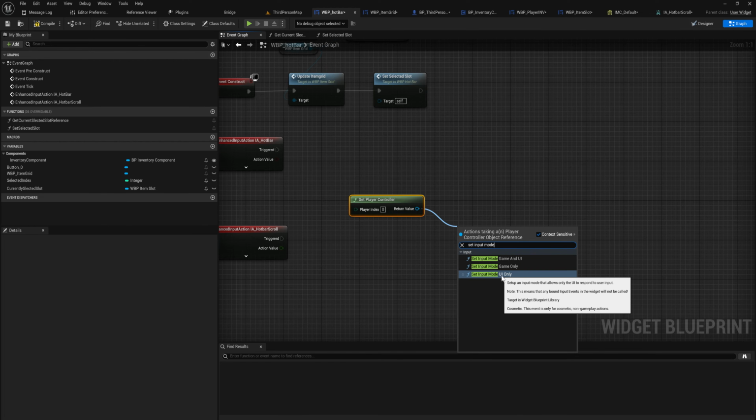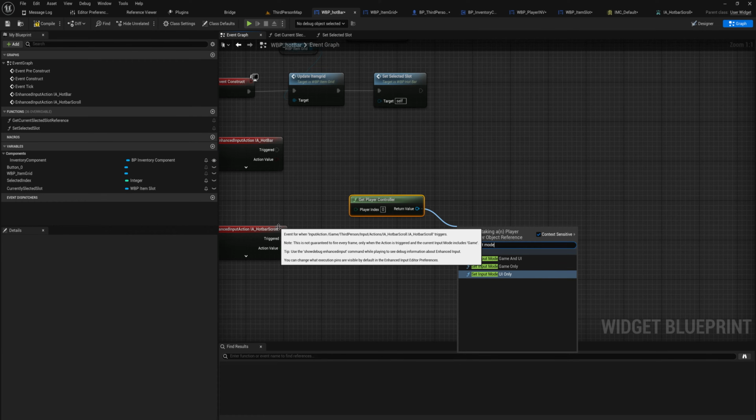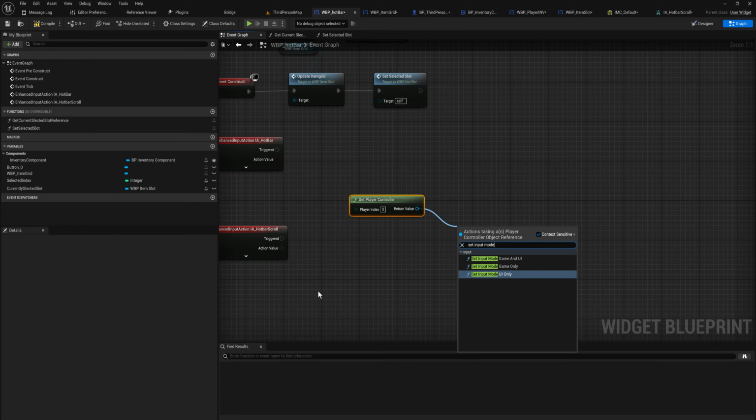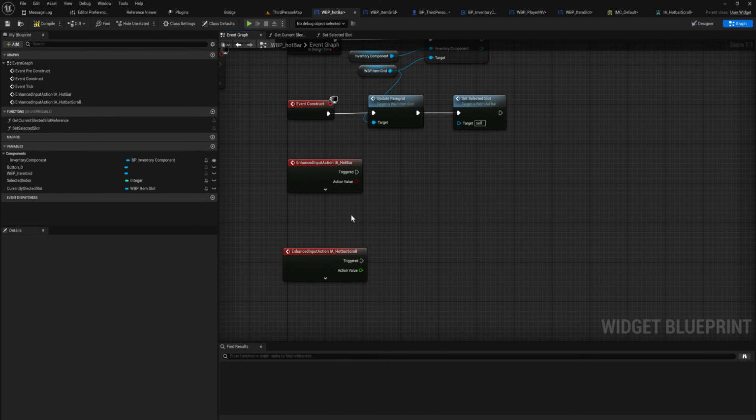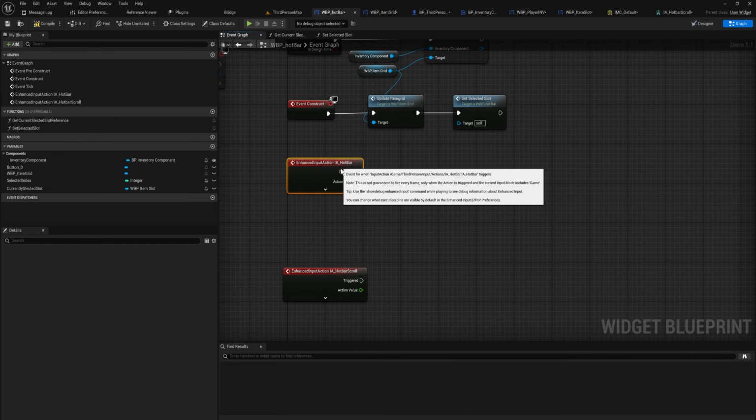The moment you set your input mode to UI only, so maybe if you open up an inventory screen or whatever, these are not going to fire anymore, which should be fine, because if you have a widget open that is purely UI interaction based, you probably don't want to be messing with your hotbar anyway. So let's get started with the more annoying one of the two,